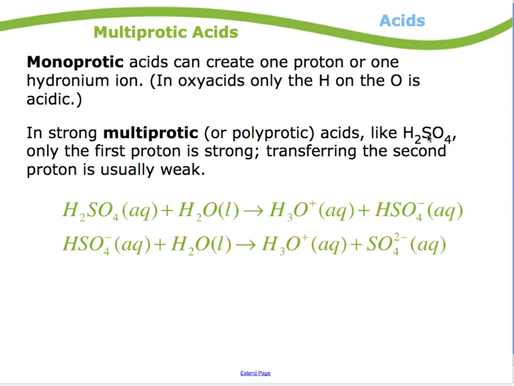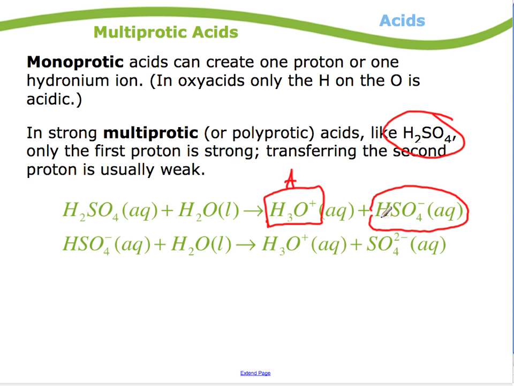So for example, I have sulfuric acid here, H2SO4, and notice when I react H2SO4 with water, I'm going to give up one of those hydrogens to the water, so that will become a hydronium ion. That's my acid part, right? And then this thing, if it loses a hydrogen, will become not H2SO4 but HSO4. This is an example of, I guess that would be the anion that goes along with this. Anyway, this substance here, the bisulfate ion,